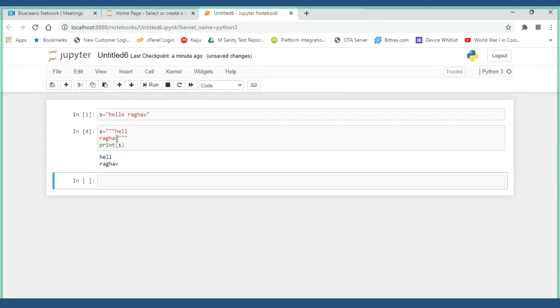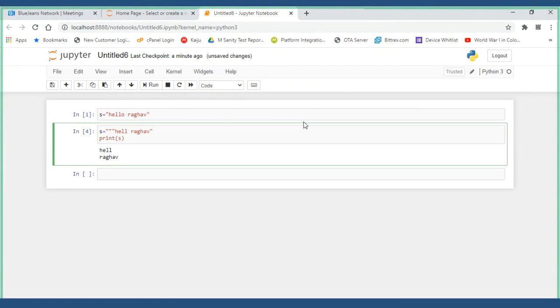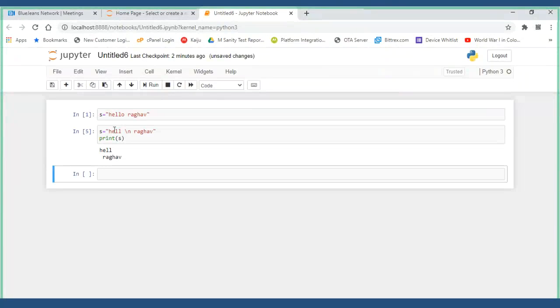But it creates a chaotic situation sometimes to write the three quotes. You have seen how much time it took me. Is it an efficient way of writing something? No, I don't think so. Sometimes for comments it is okay, but when you are assigning variables, it is not useful. So for that, I can just give backslash n, and if I run this, see what I got.